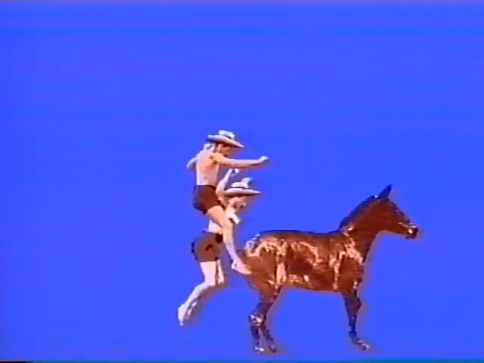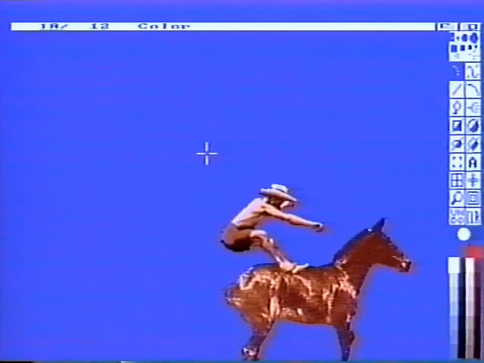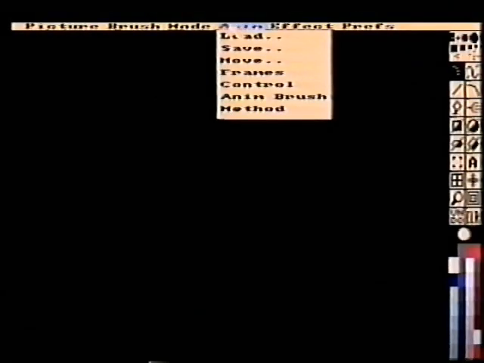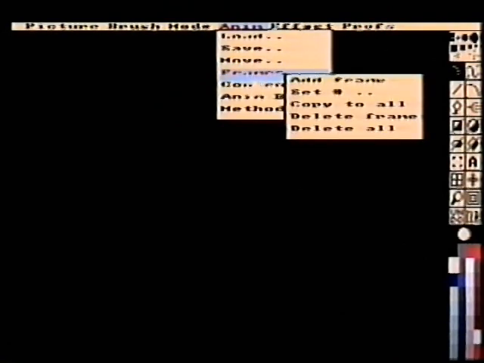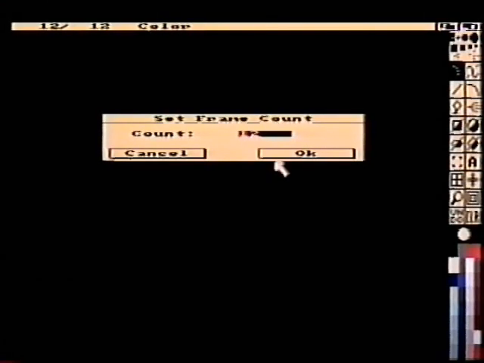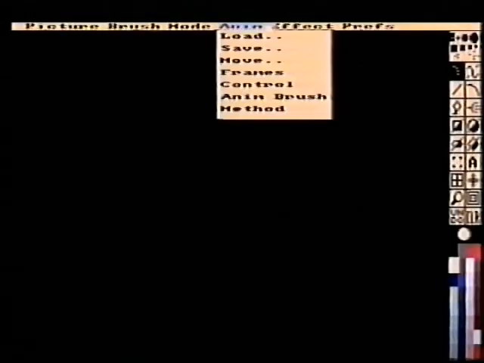What we've done is to stamp down this last part, pick it up, and over here use it to finish up. So what we end up with is a 12-frame animation, the first 11 of which show our cowboy jumping onto the back of the mule. I've cleared frame 12. Now let's set the frames to 20, which will give us 8 copies of that last blank frame, enough to stamp down our mule